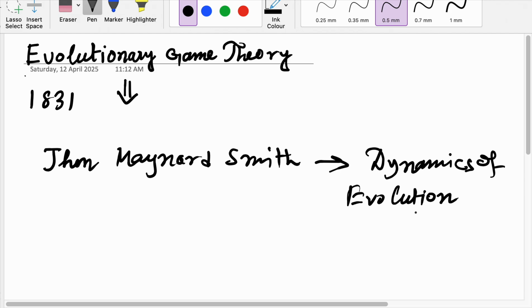It captures selection automatically. So here, Maynard Smith thought about the game from economics, where game theory was already present. But the game is not between two rational individuals like humans, it is between two species, or rather two traits of a population,